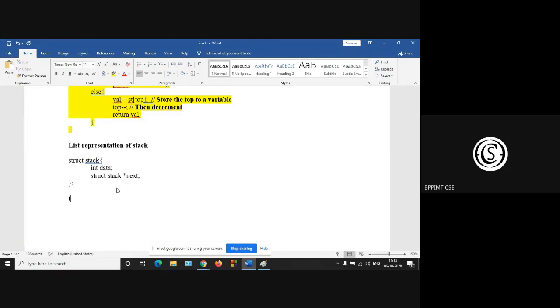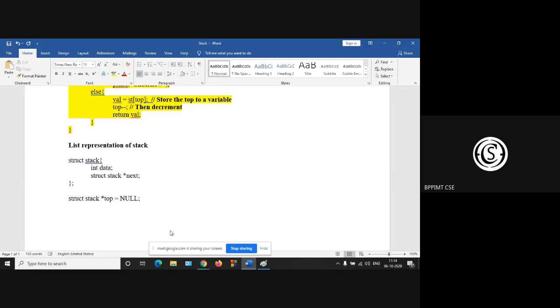Then your top is made null. So the top pointer's type is again struct stack: struct stack top is equal to null.